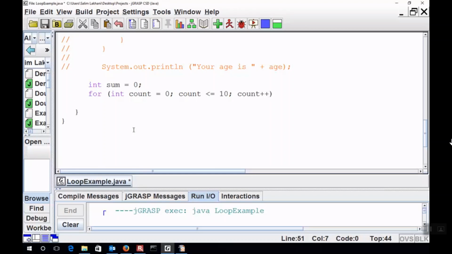Then inside the body, I'm just doing sum equal to sum plus count. And once I end the loop, I'm going to say